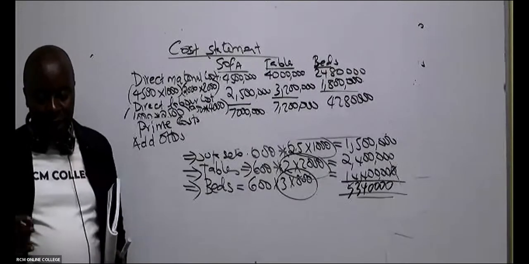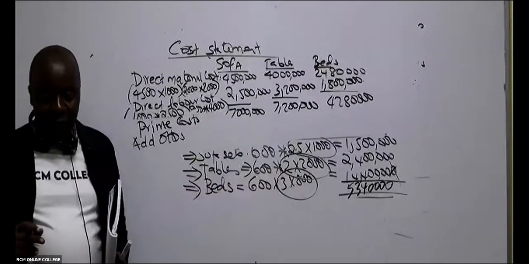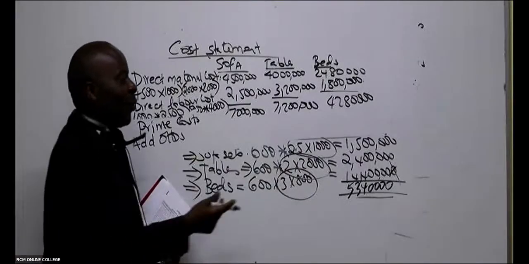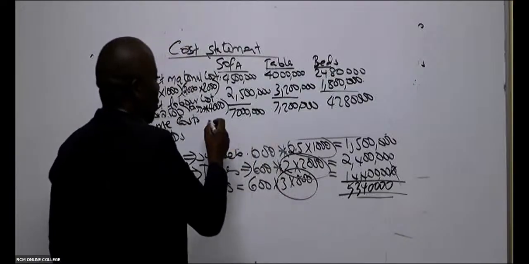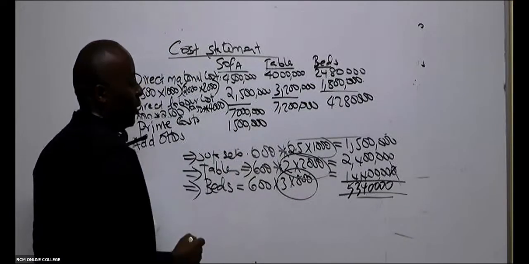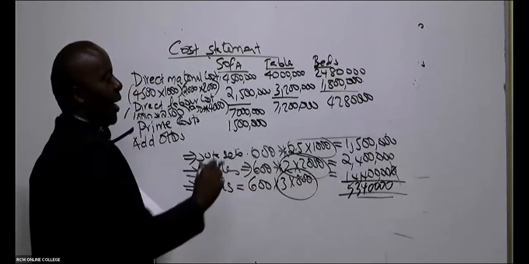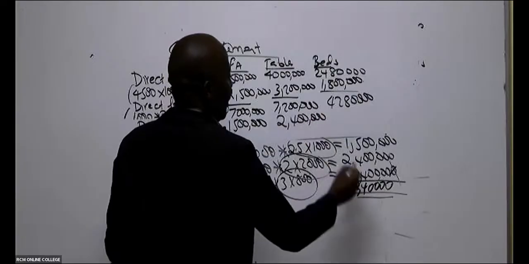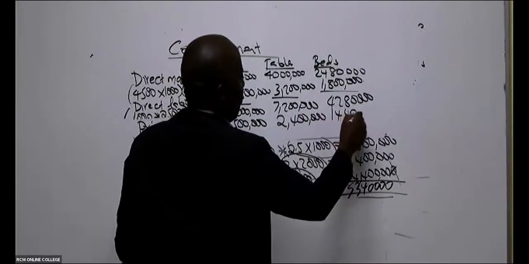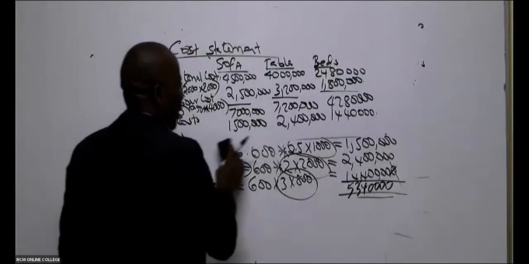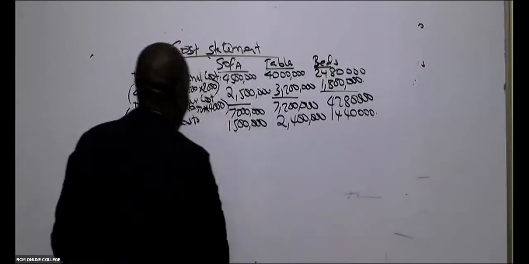Are you able to see the overheads? Oh, yes. We're able to do them here. So first set is 1.5 million. Is that okay? Yeah. And then tables is 2.4 million. Yeah. This is what here, somebody? 40,000. That is it. So come and give us, ladies and gentlemen, what we call